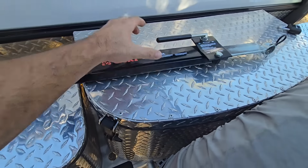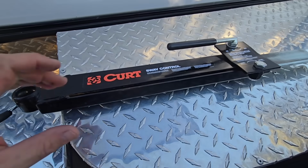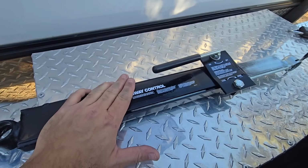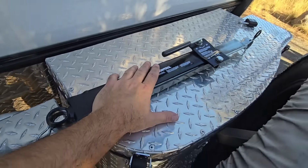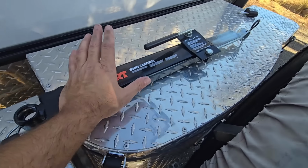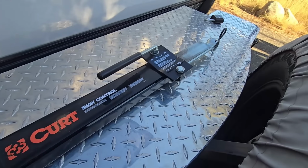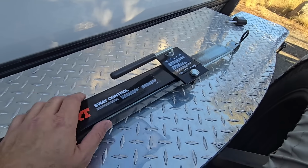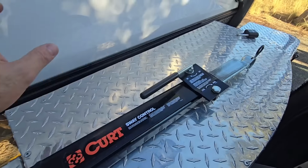Now we're going to talk about a controversial topic when it comes to these little trailers. Manufacturer says you probably shouldn't use or need to use one of these, and I almost fully agree with them. But out here in the West, we can have one clear day, and the next day we literally have 40-mile-an-hour side winds, or you could be driving from one area, and 100 miles later you're coming around a corner on a mountain, and here comes all this wind down a valley or something